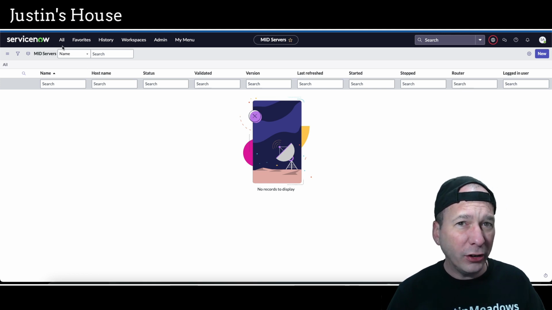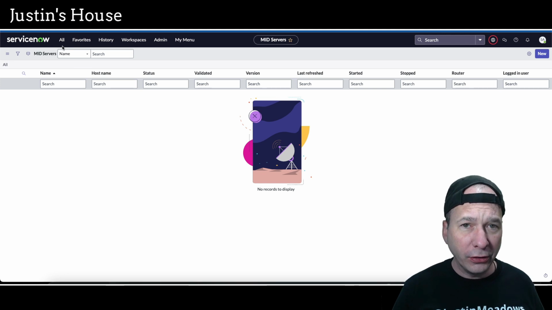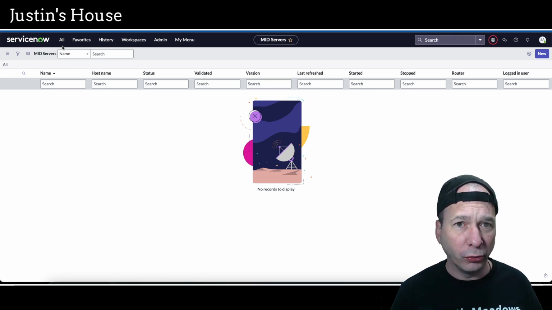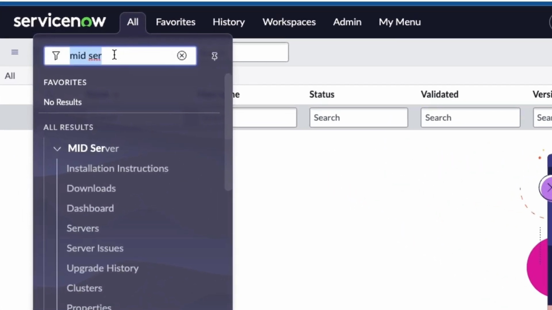Now remember, I already have a mid server running in a container, so I have a little bit less work to do than in previous videos where I stood up one from scratch. So first step is going to be to create that user. So I'm going to hop over to